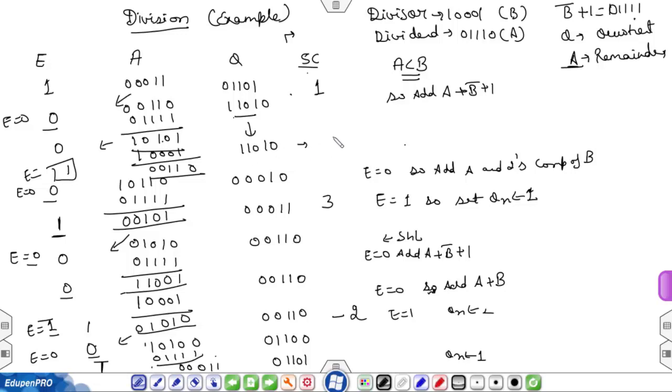The sequence counter here becomes 0. That means our division process is completed. So here 00110 is the remainder and 11010 is the quotient. Discard this 1 in E. So this is all about the division process.